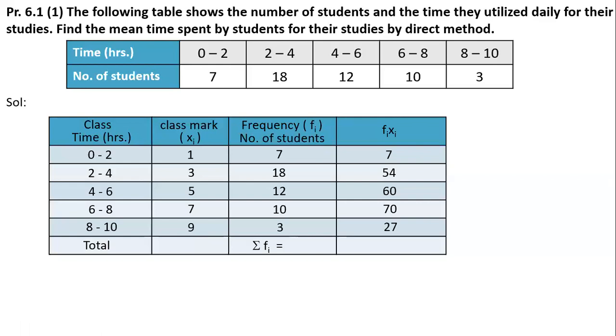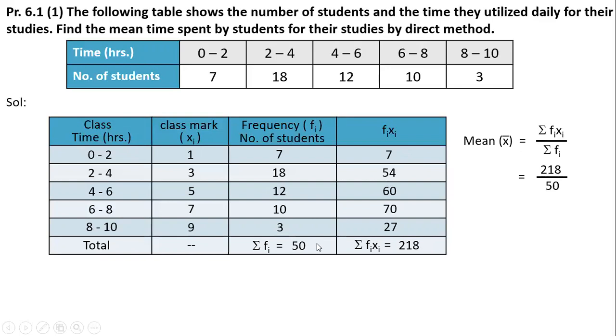So let us find out the total. The total is required of the Fi column and the total is required of Fi Xi. The total of Fi, when you add all the frequencies, the answer is 50. The total of Fi Xi, when you add all the numbers in the Fi Xi column, the answer is 280. So moving ahead to find out class mean x bar, we know the formula is summation Fi Xi upon summation Fi. So 218, which comes from here, upon 50, which comes from here.